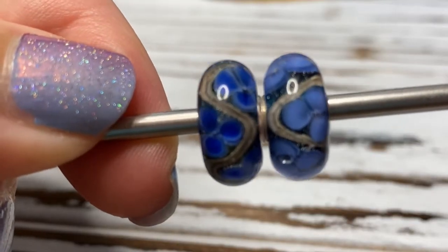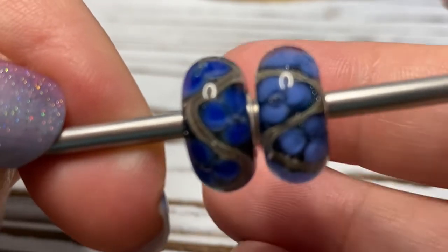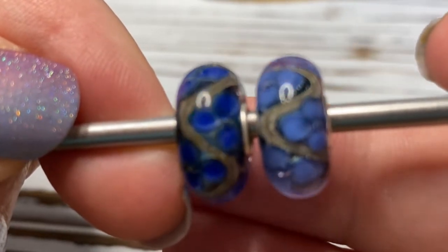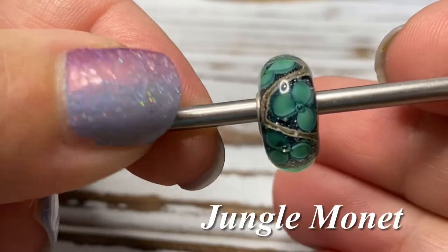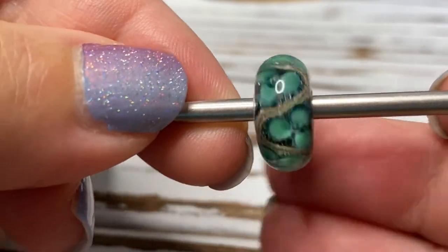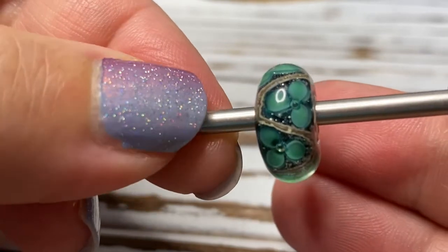Here are the two blues side by side. So again, even though they're not the same shades of blue, these do work really well together on a bracelet. This here is the Jungle Monet, and this one really has beautiful 3-petal flowers that